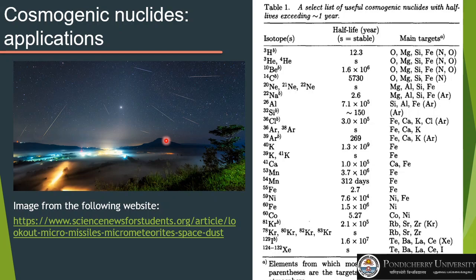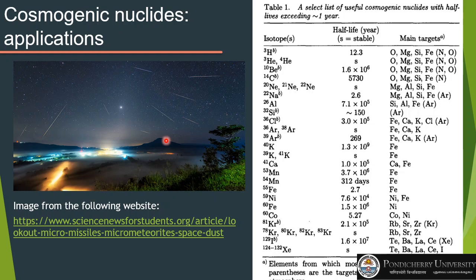So in that way you can say that the meteorite surface gets exposed to the cosmic rays once it is broken from its parent body. And then it will keep on receiving the cosmic rays, and the cosmogenic radionuclides will keep on building up till it falls on the surface of the earth. And then somebody either finds it or sees it falling and collects the sample, and then you measure those concentrations. So that will provide you the exposure age, and that exposure age can be related to the time when it actually broke from the parent body.